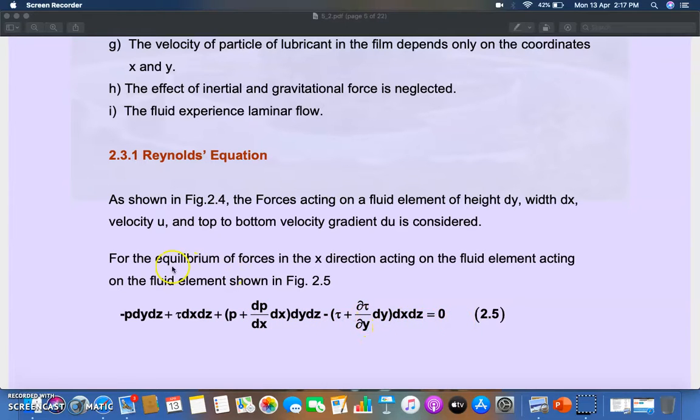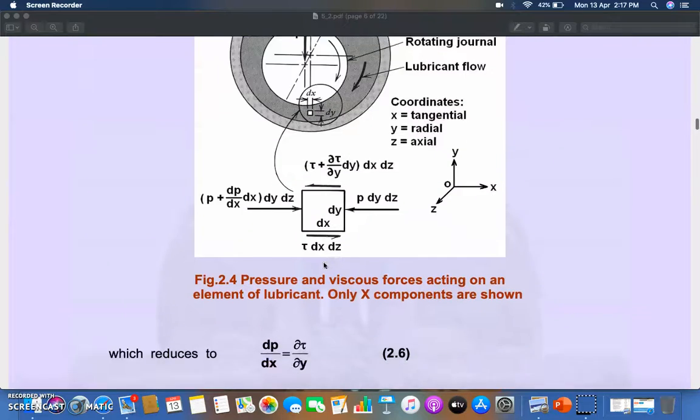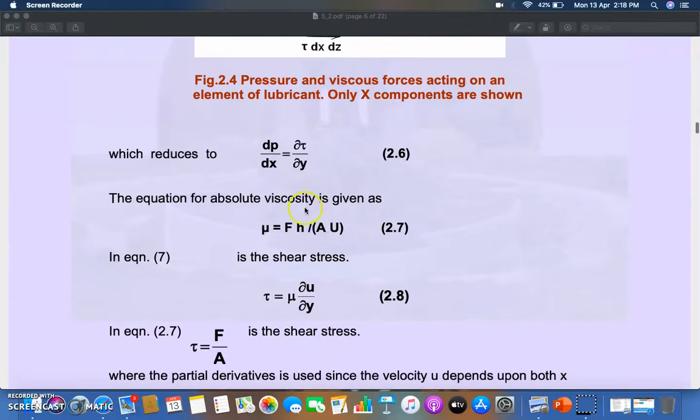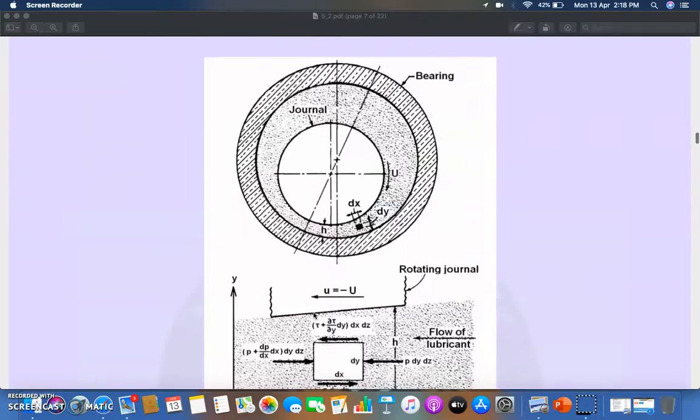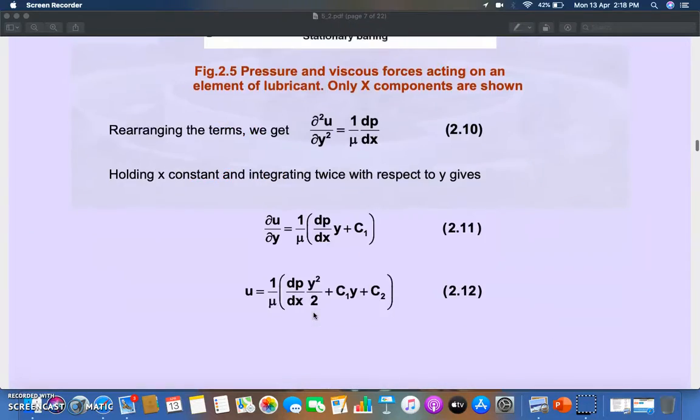So this is the equilibrium of forces in the x direction. Similarly, you can reduce it into this form: dp by dx is equal to d tau by dy. Now the equation of absolute viscosity, as you know, is mu equals F h divided by A u, and tau is equal to mu into du by dy. If you put all those equations together, then you are ready with your